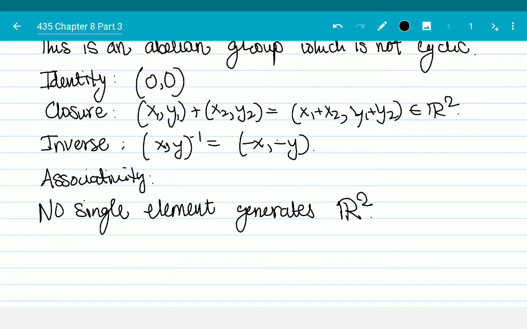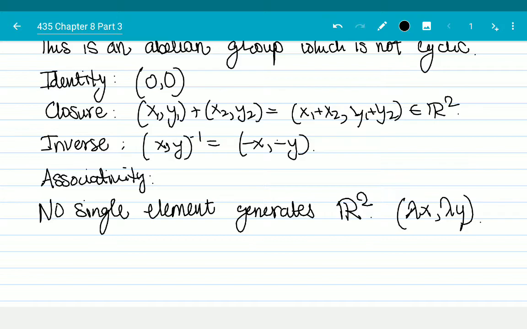Every multiple of (x, y) is going to look like (lambda x, lambda y), and so it's not generated by a single element. In fact, it's quite easy to say that even R is not generated by a single element, or even the rationals are not generated by a single element, but